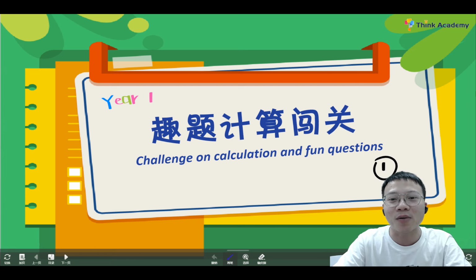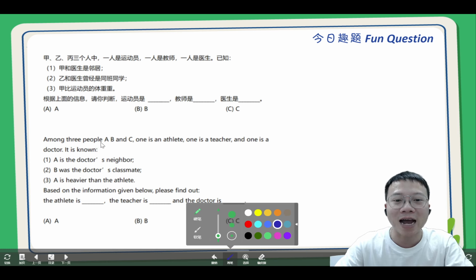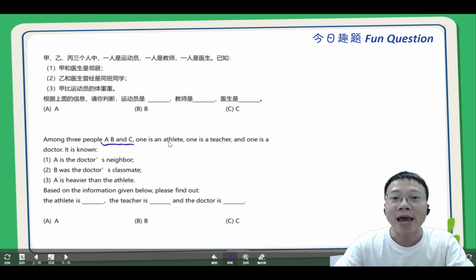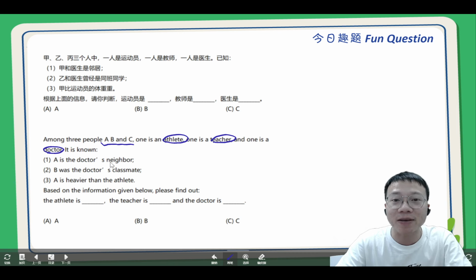我们赶紧看一下我们今天的趣题。今天的趣题呢，需要大家用到逻辑推理的能力。Okay, we need to use your logic to think. So now let's take a look. Okay, so there are three people. 有三个人 we have A, B, and C. And one of them is an athlete, and one of them is a teacher, and one of them is a doctor. 其中一个是医生、运动员，还有一个是教师。